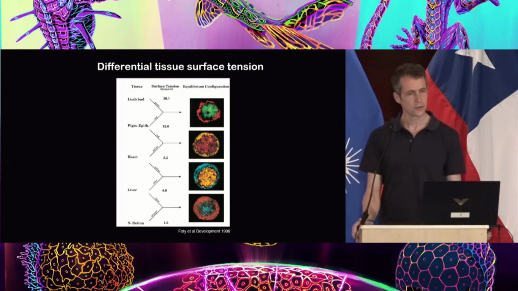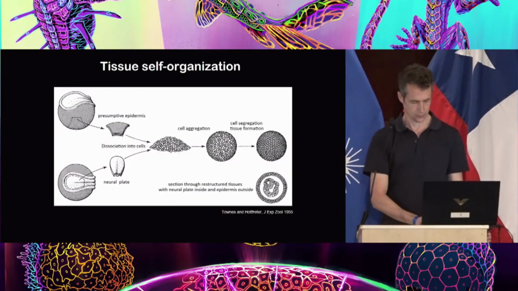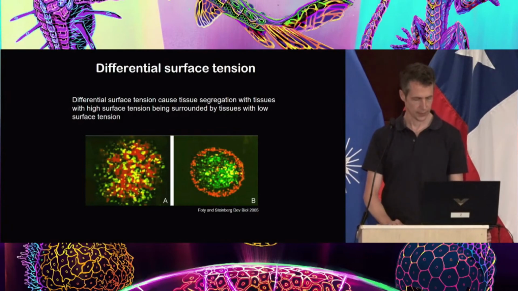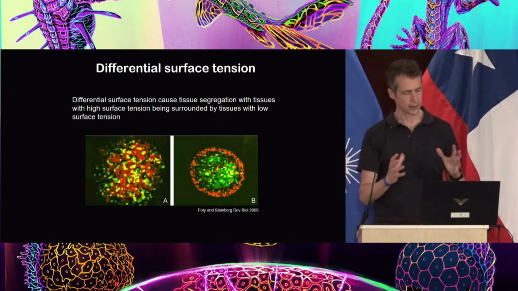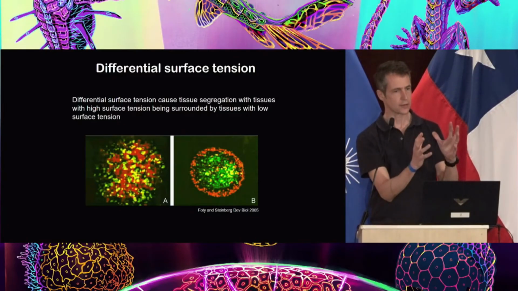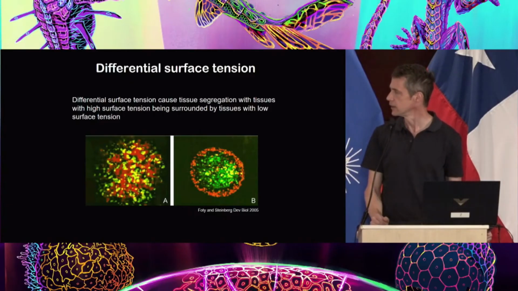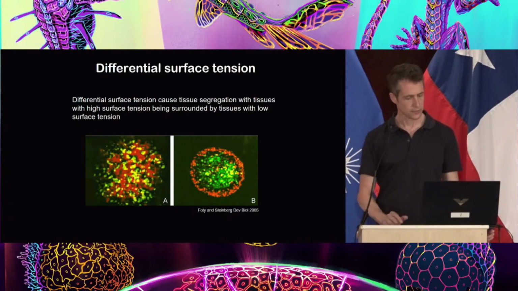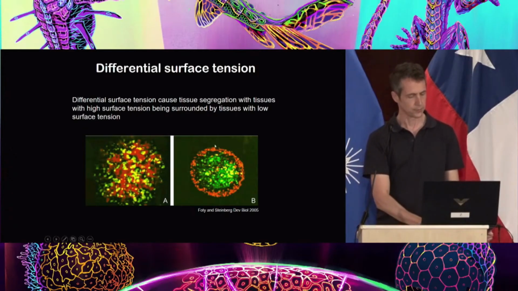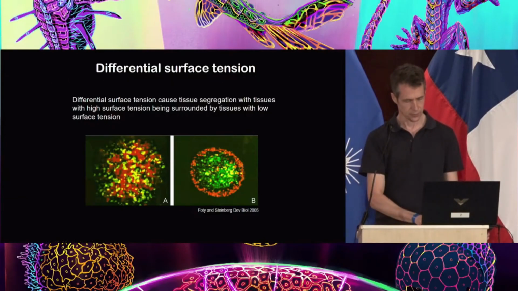So in principle, the idea that the surface tension of tissues is informative about their behavior and the segregation of cells was then also experimentally tested, by taking not only the tissues and putting them adjacent to each other to see which tissue engulfs the other, but also by repeating these experiments from Holtfreter and Townes. In this case we have ectoderm and mesoderm, intermixing these two populations of cells and seeing if they can sort out again. Depending on the surface tension of the tissue, one tissue will envelop the other tissue.